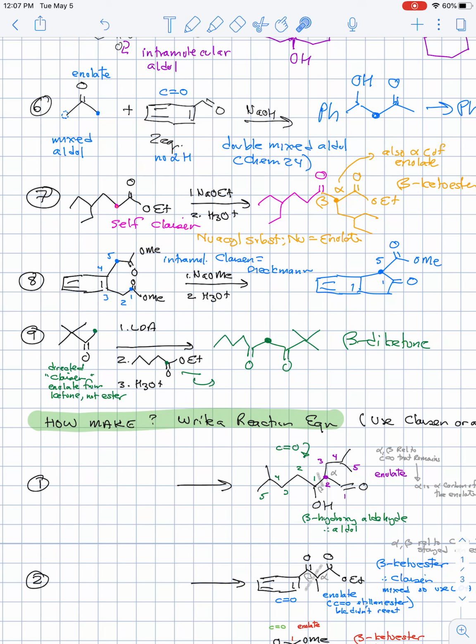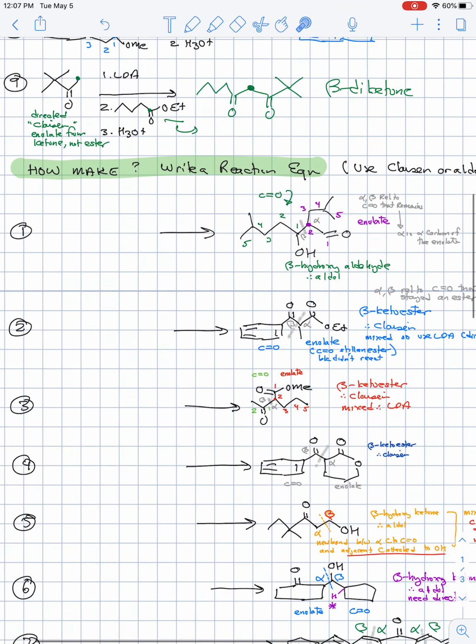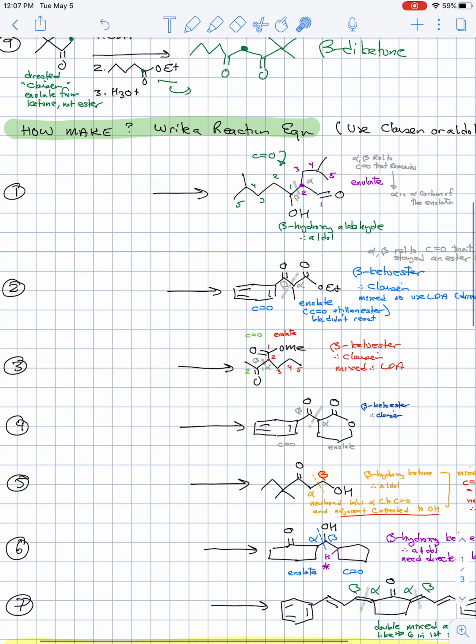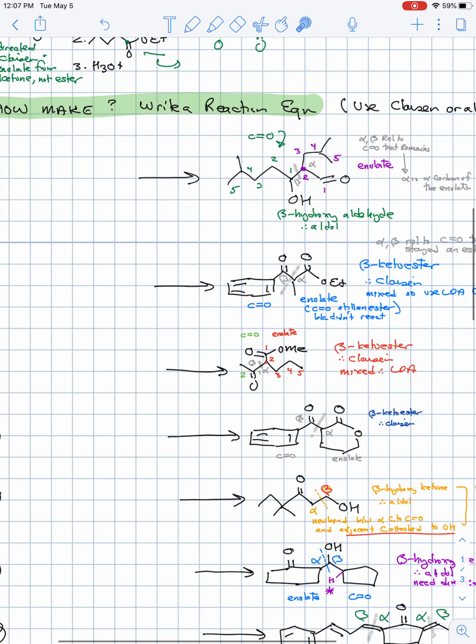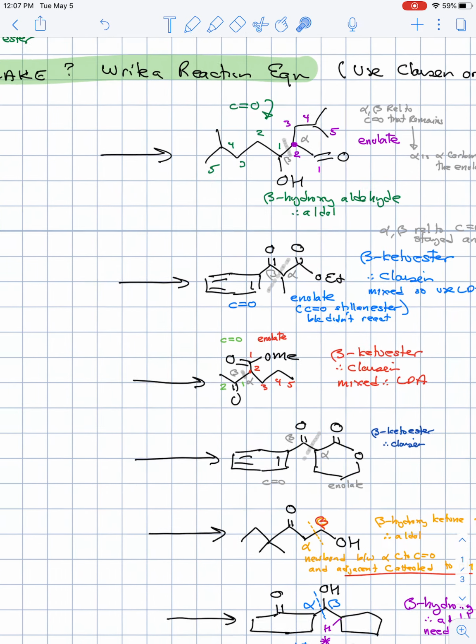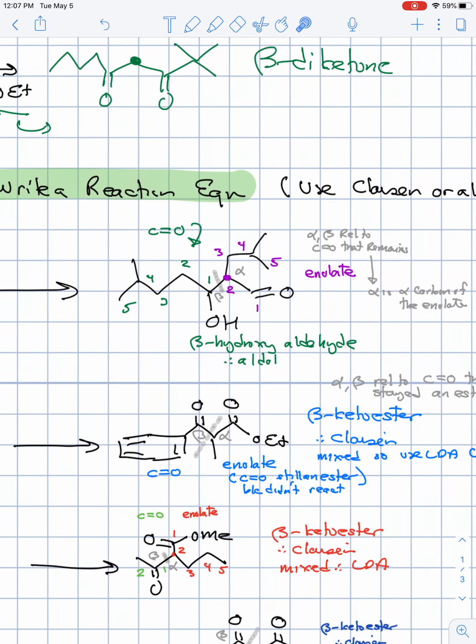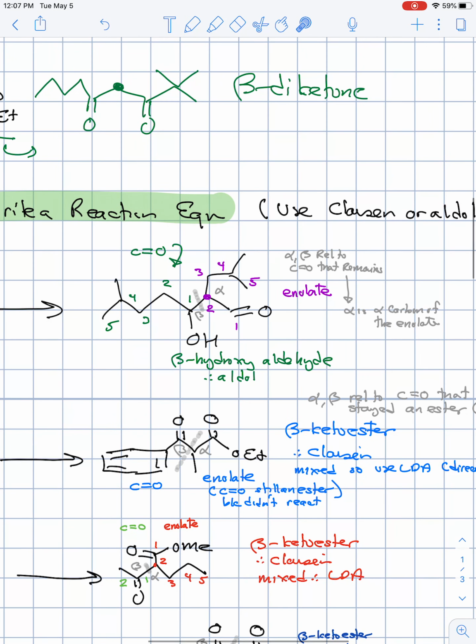So in this next series, we're supposed to figure out, using a Claisen or an aldol reaction, how to make each one of these 7 compounds. And again, I pre-wrote some notes on all of them. So if we look at this first one, and we kind of try to pick it apart,